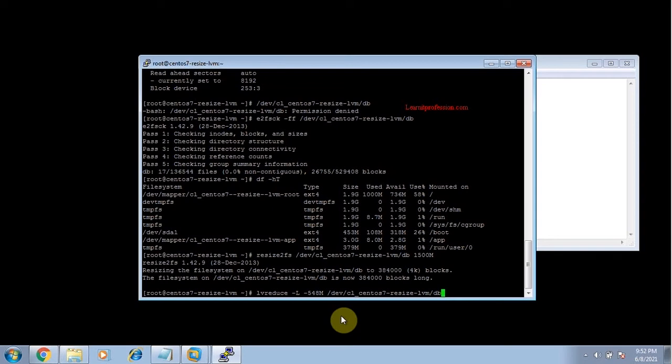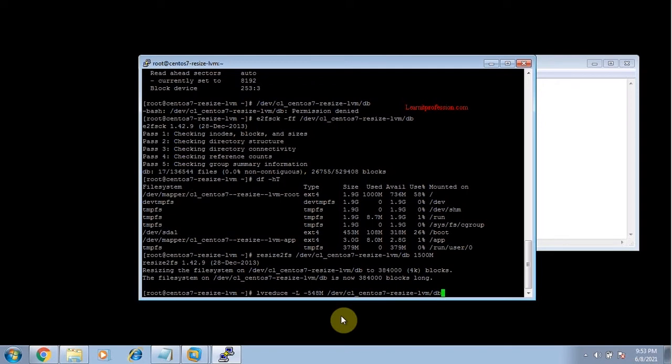So to reduce the logical volume size of db, first resize it to 1500M. We have decided 1500 mega will be the size of db, and the total size before resizing is 2048. 2048 minus 1500, the reduced size is 548M, that we have calculated earlier.